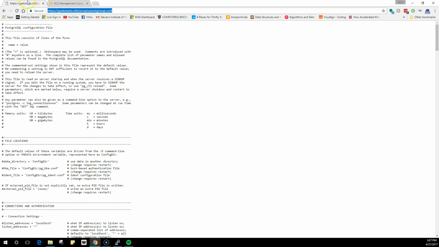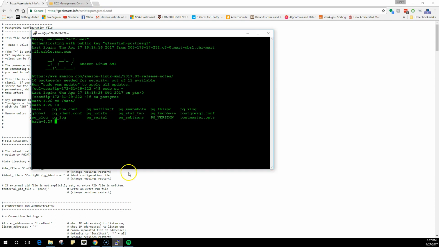I already have a sample over here, which is on my Geekstarts website. It's geekstarts.info slash scripts slash postgresql.conf. I'm going to copy this link, and we are going to use a Linux command called wget. When you put any website in the browser, it opens it like this, but if you want something on the console, you need to use wget.